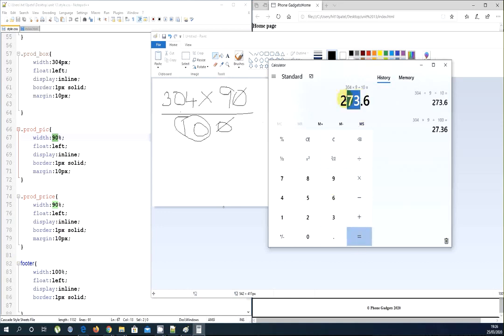So the actual width of the picture in pixels is 273.6. Without cancelling the zeros, you can do 304 times 90 divided by 100, and it gives the same answer. I'm just going to write it down somewhere so that I can remember this is my fixed width size of the picture, because if you forget, we have to do the whole calculation again. So it's